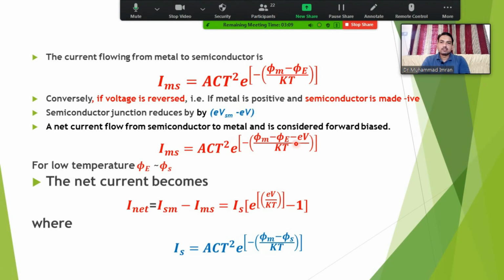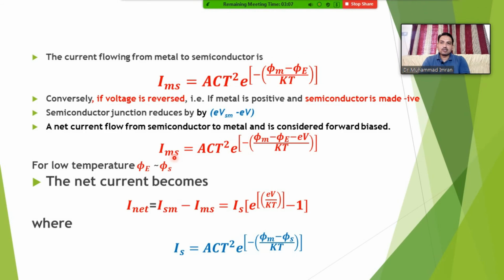So that's why the current flowing from semiconductor to metal will be equal to this A C T square exponential. This is the height of the barrier. This is the energy required by the electron to travel from semiconductor to metal. Okay, so if you want to find out the net current, here you said that if